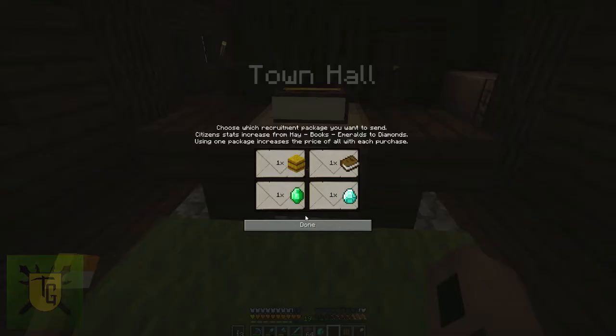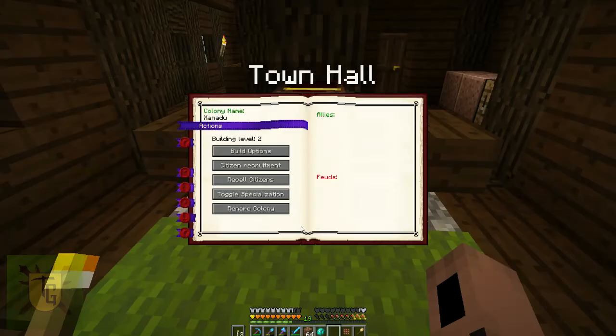There's citizen recruitment. Look at this. Ooh, you can now send out enticements to get some good folk in. And that's cool. I've learned heaps about...